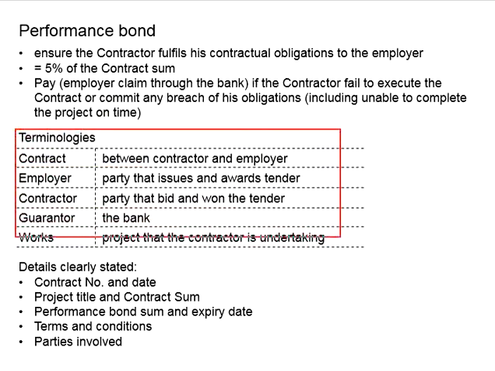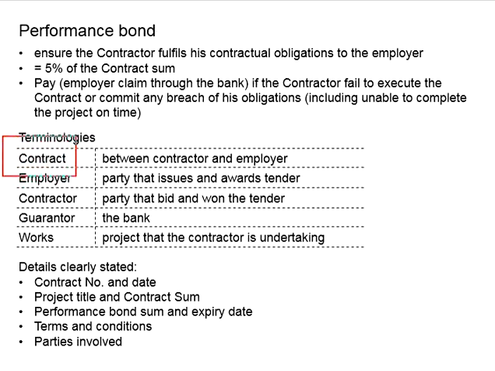These are some terminologies for the performance bond. Normally, in the agreements of this performance bond, standard terminologies are used. The contract here refers to the contract between the contractor and the employer for a construction project. The employer will be the party that issues and awards the tender. The contractor will be the party that bids and wins the tender. The guarantor will be the bank, and the works refers to the project that the